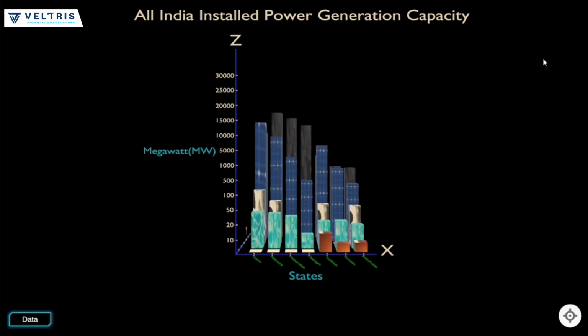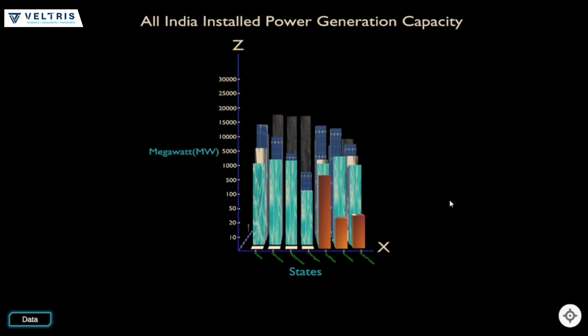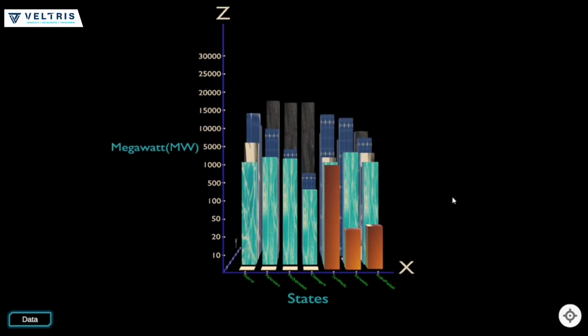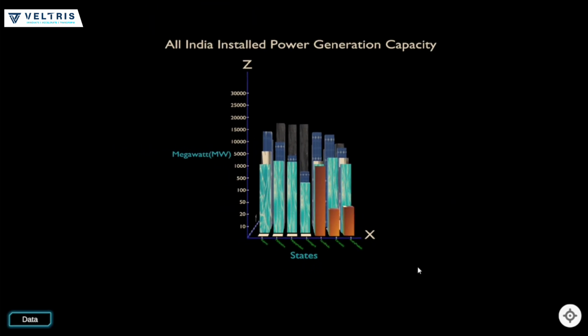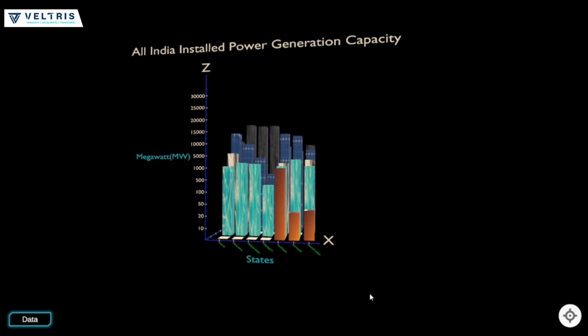Hi, this is the bar chart representation of installed power generation capacity in India. Here we have given some options for zooming. You can use the mouse scroll button. For pan, you can use the right click of the mouse, and for rotate, you can use the left click